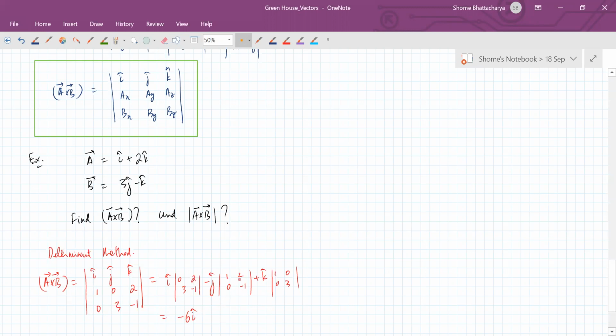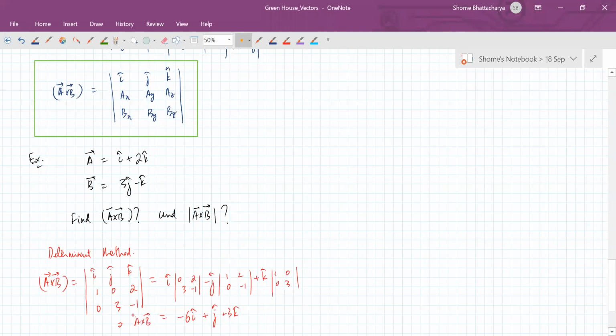Then plus j cap, because this determinant is actually, oh sorry, this determinant is minus 1. So minus 1 into minus j will just give us plus j cap. Okay, so minus 1 minus 0, so that's minus 1 into minus j cap, so that's plus j cap, and this one is how much, 3, so plus 3 k cap. So this is our A cross B,